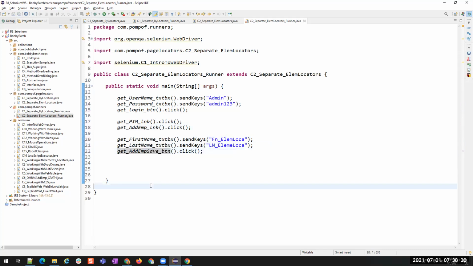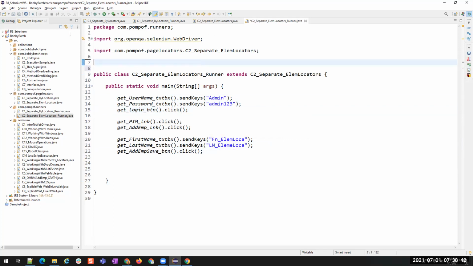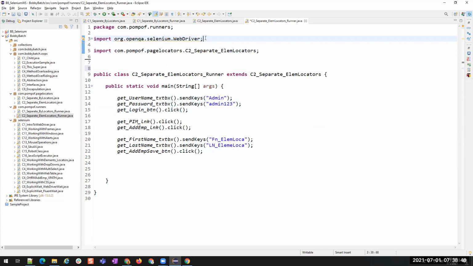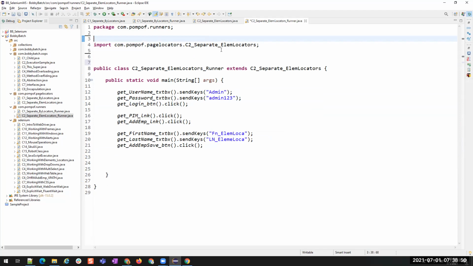You see it? We are getting the username and sending the text, getting the password and sending the text, and getting the login button and clicking on it. That's all. See how simple it became and how the readability is increased here. Is that clear, guys?